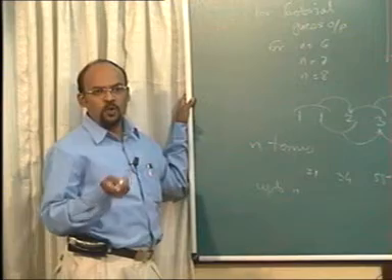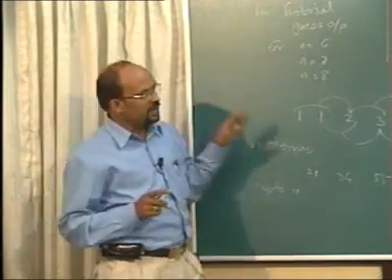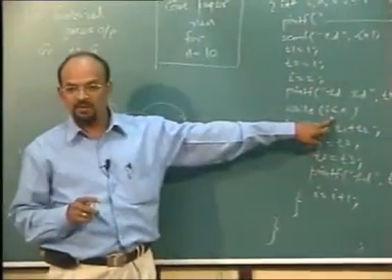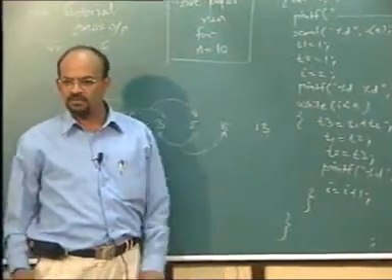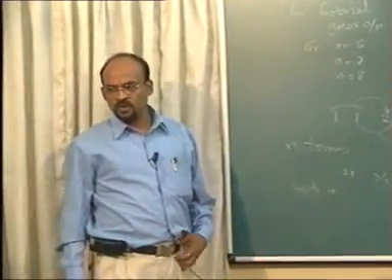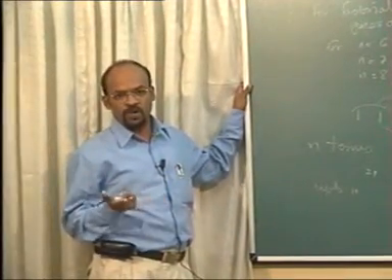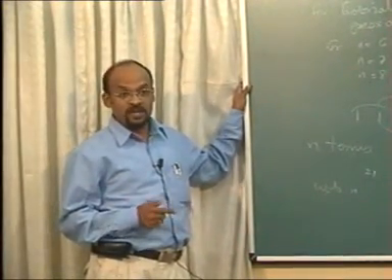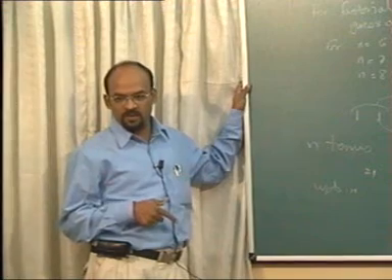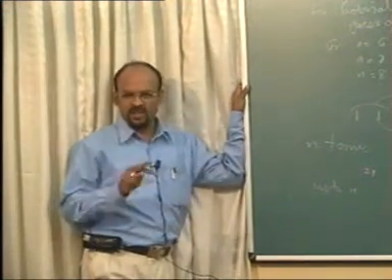If it is up to n, means up to 100, print all Fibonacci. In that case, I will put a check on T3. T3 less than 100. That's the only change. So the number to be printed should be always less than 100. Up to 100 Fibonacci sequence. And first 100 terms of Fibonacci. Then the output will be 100 terms. That's the difference, a minor change.